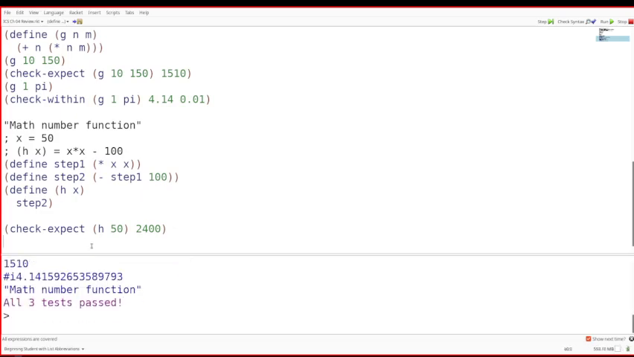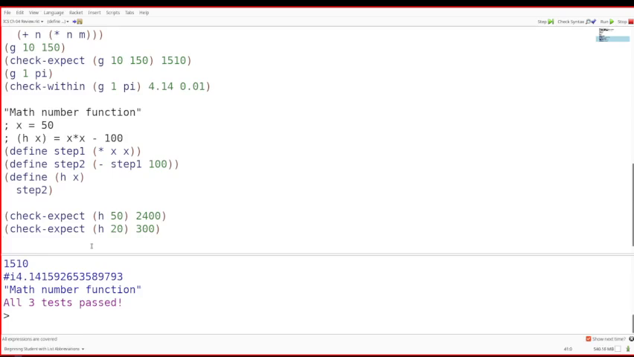Yeah, sure. But other numbers, like plugging in 10, should be 10 squared. Well, that's a bad example. 20. 20 squared is 400, minus 100 is 300. This is not going to work because even though